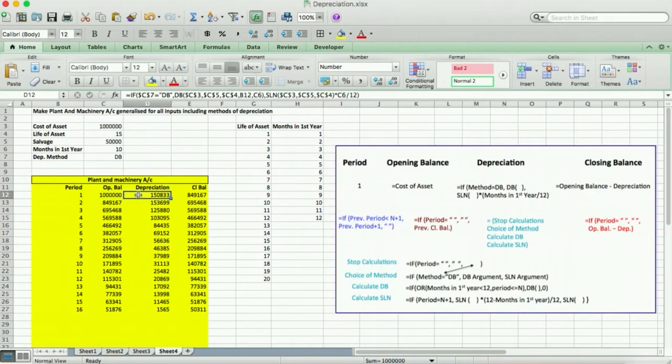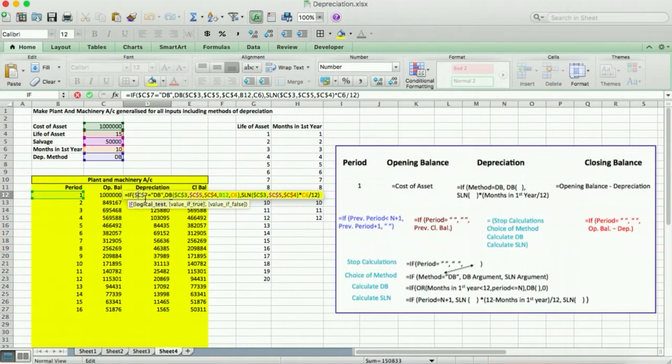About the amount of depreciation, it will depend on whether DB method is chosen or SLN is chosen. So we write a statement like this, that if the method chosen is DB, so the cell reference is this. If this is equal to DB, and please remember that because these are non-numeric values, we put them in double inverted commas here. We say if the method is DB, then simple DB is to be calculated, this one. Else SLN for first period will be calculated,